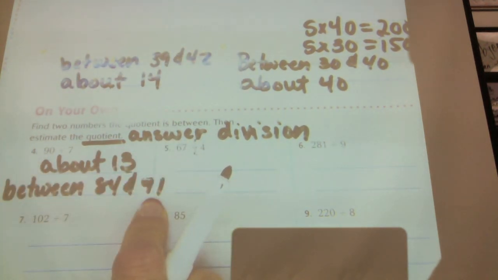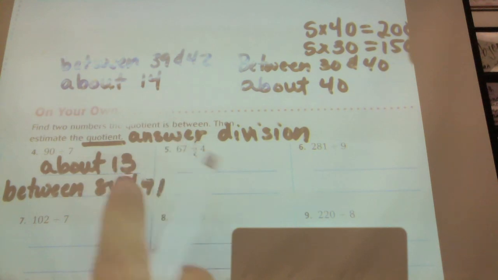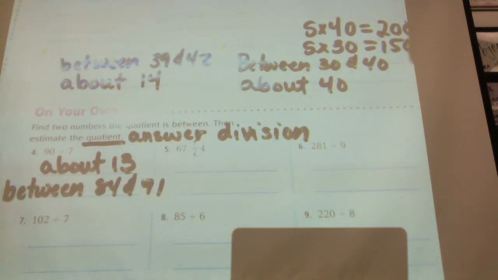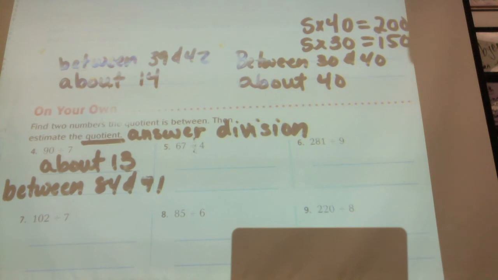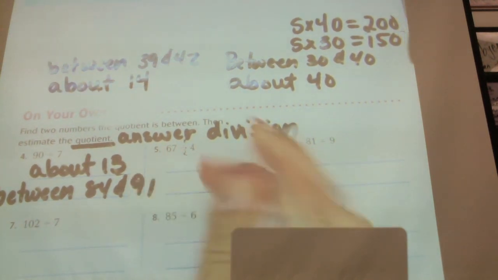And then what is the quotient? What is the estimate of the quotient? The estimate of the answer is about 13. 90 divided by 7 is about 13. So when you write them, you'll probably write this one first and then this one. But I had mess, so I wrote that one first. Okay? Go ahead and do number